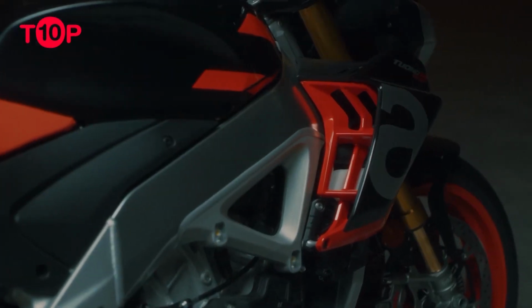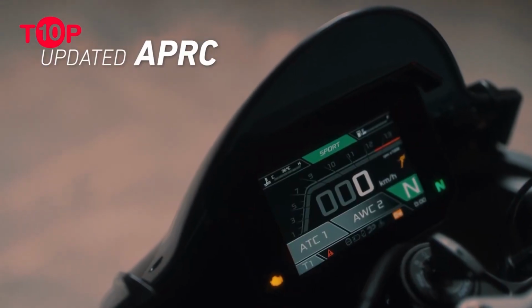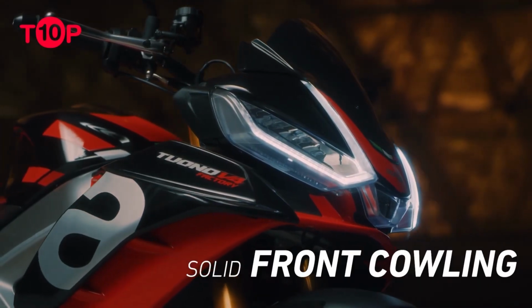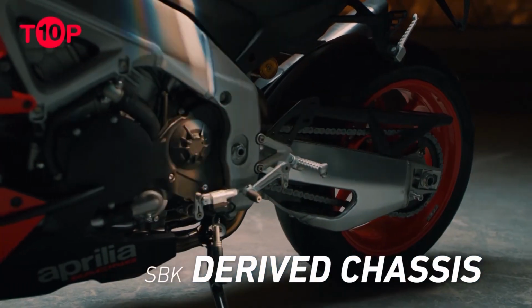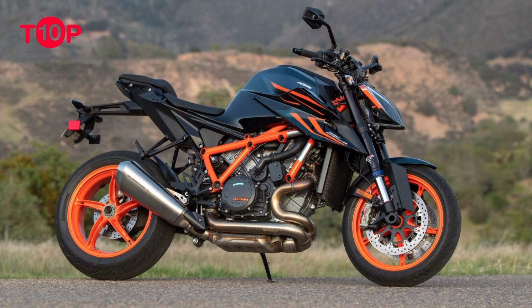Unlike the Ducati, the Tuono V4 Factory's power has been reduced to 175 horsepower, from the 217 horsepower of the RS V4, while torque remains virtually the same. It doesn't matter, the Tuono V4 Factory still feels insanely fast and blurs the lines between out-and-out supersport bikes and naked bikes. 3. KTM 1290 Super Duke R Evo,